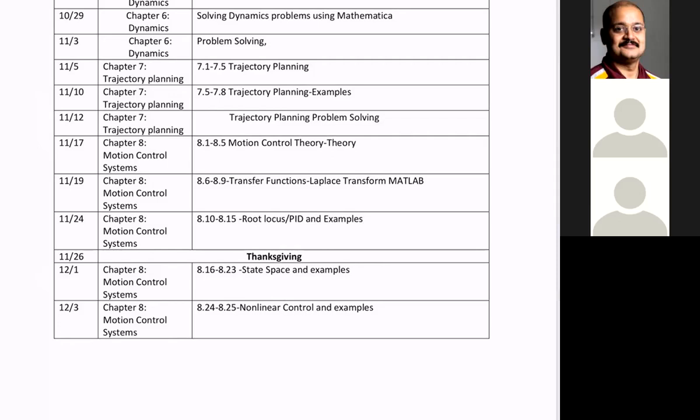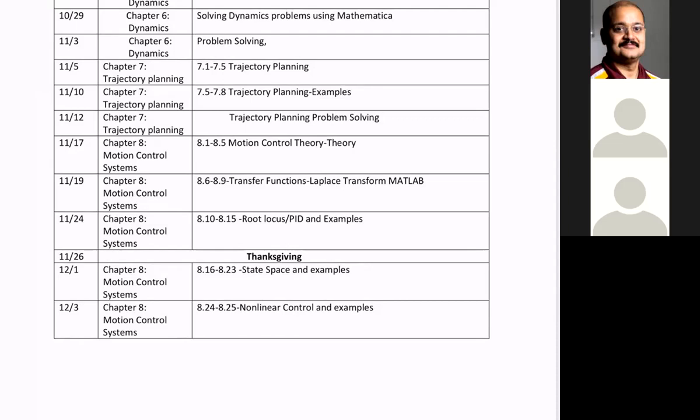For Robotics 2, you will need all this information, and Robotics 2 will start where Robotics 1 is ending, which means we will review chapter 8, and then in Robotics 2, there will be hands-on assignments on using root locus for the motion control. Say you will have to control a DC motor using Arduino. So that would be an assignment in